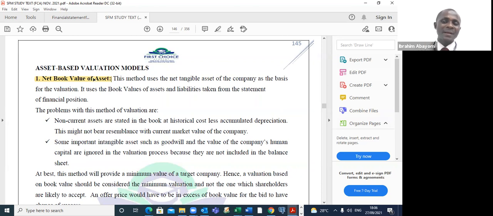But if I want to get the market value of the company's share, out of the corporate value, I need to remove the market value of debt. So I will add up all the debt, both current and non-current liabilities in the statement of financial position, and net it off from the total asset. The balance is the market value of equity. Good.